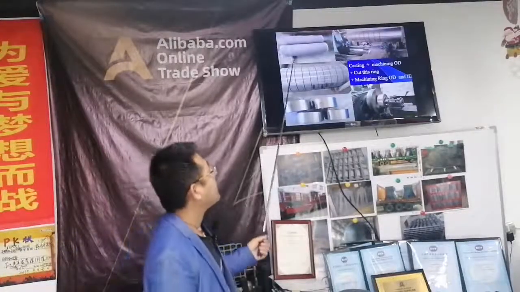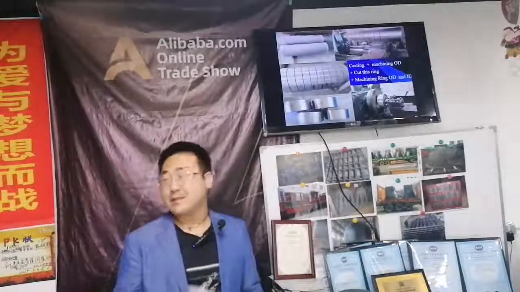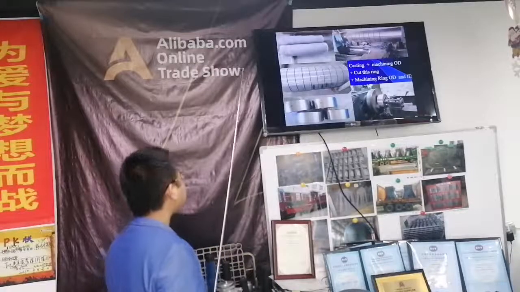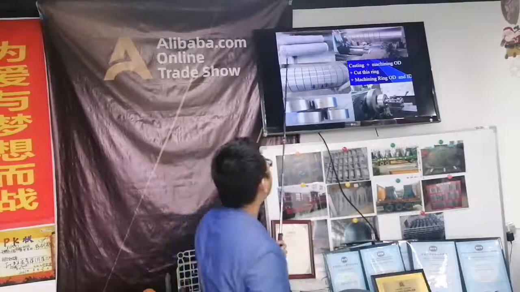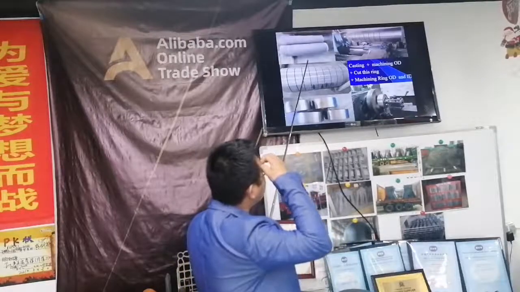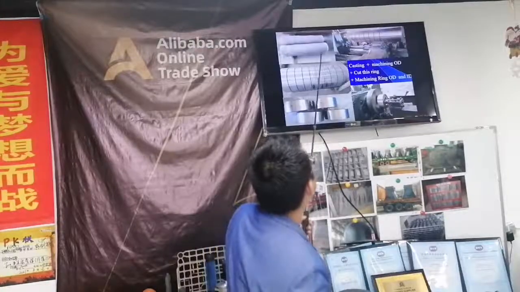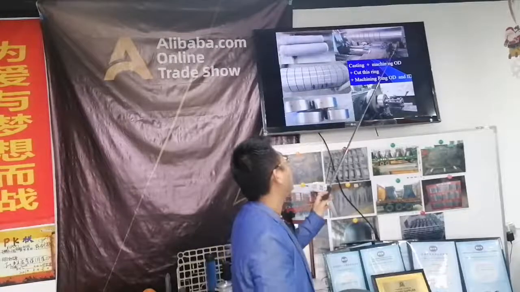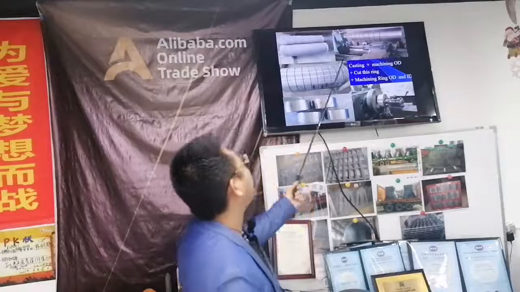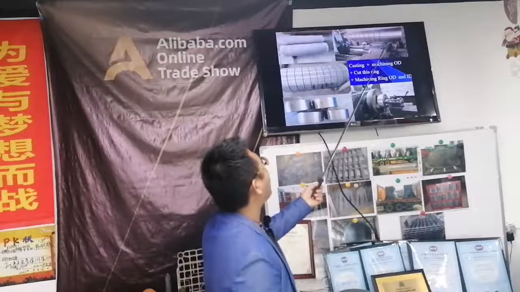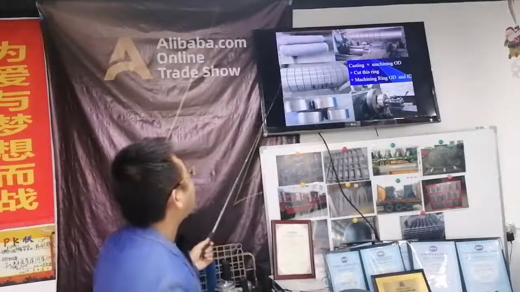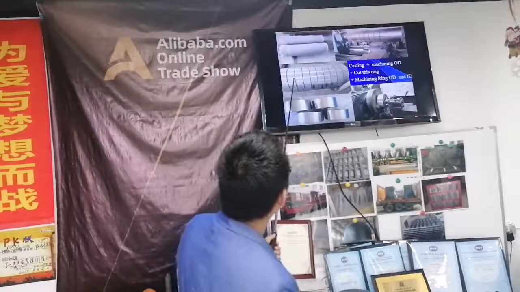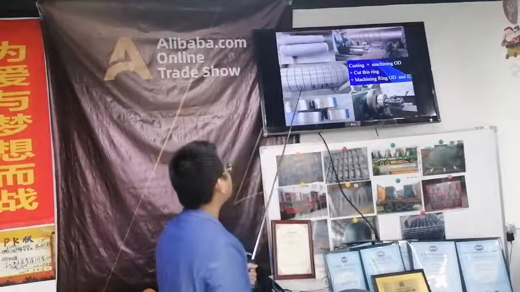And now we will check the size and hardness and some material. If all inspection is okay, we will machine our OD side like picture two, and we turn our OD side. And picture 3, we cut the tube